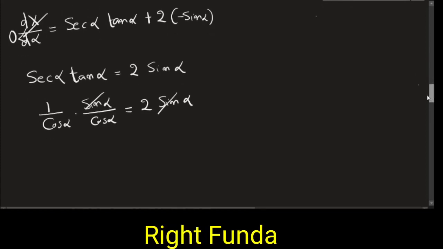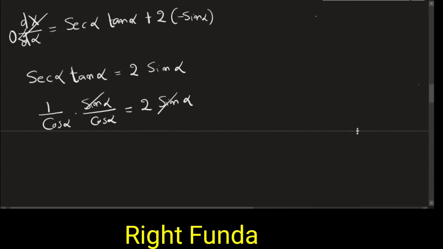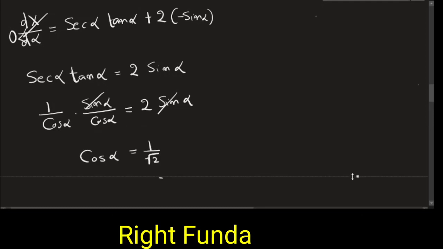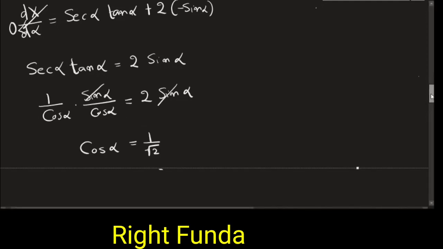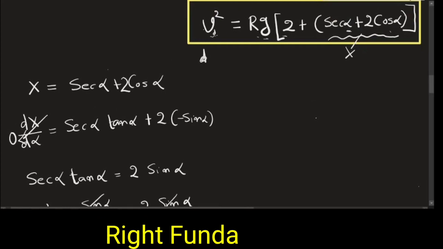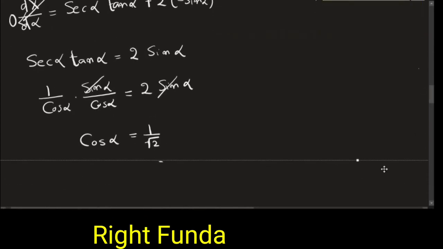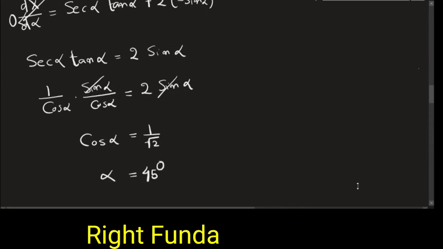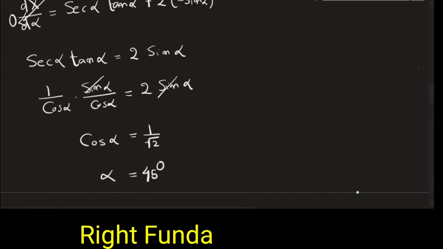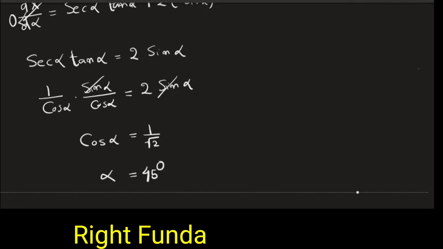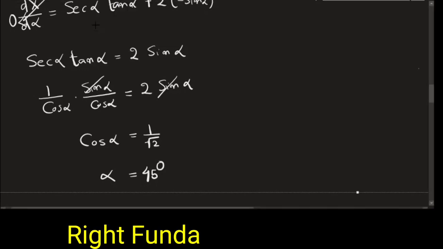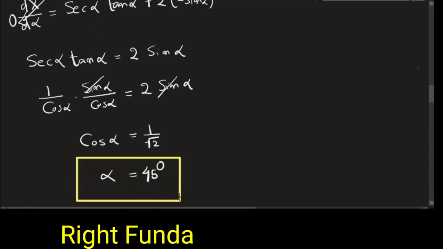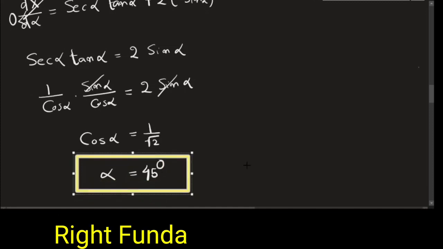And in the denominator we have cos square alpha, so 1 equals 2 cos square alpha. So cos square alpha is equal to 1 by 2. So what will we get? Cos alpha is equal to 1 by root 2. So we got the angle: if this has to be minimum, then cos alpha equals 1 by root 2. So alpha has to be the inverse cosine of 1 by root 2, equal to 45 degrees. So we got this expression that in case you want to travel with the minimum speed, then alpha should be equal to 45 degrees.